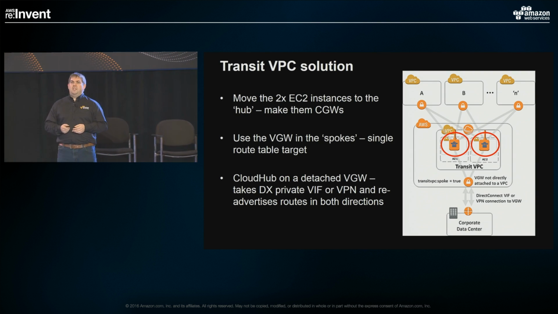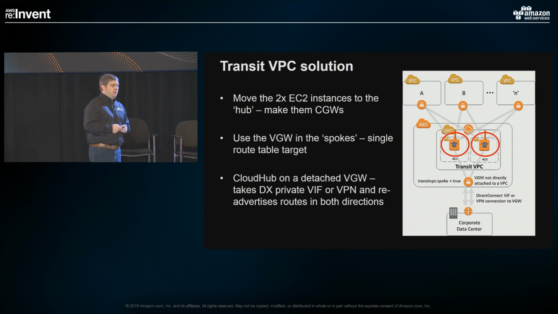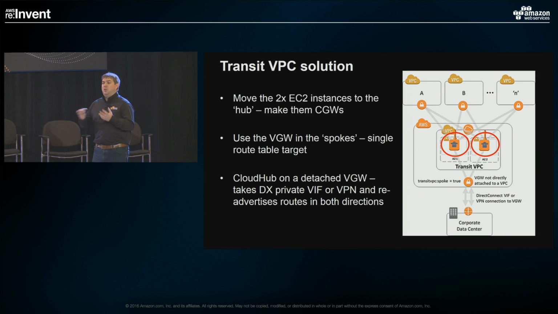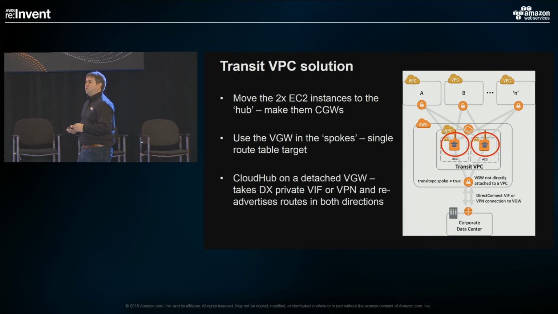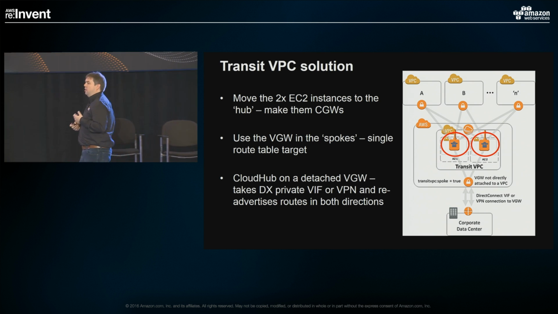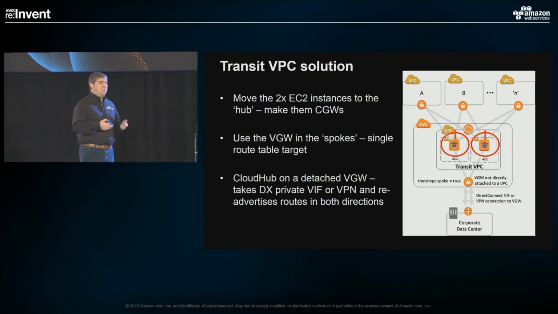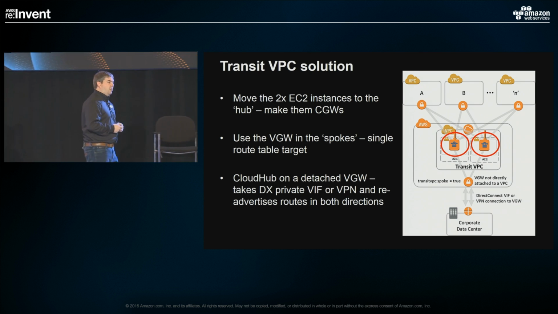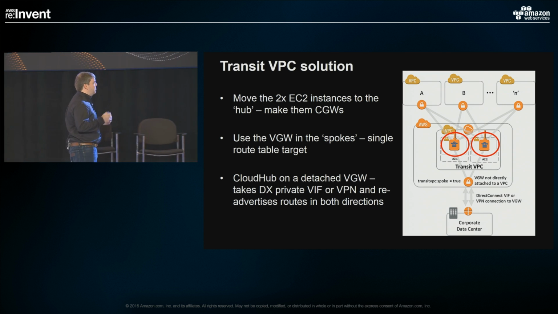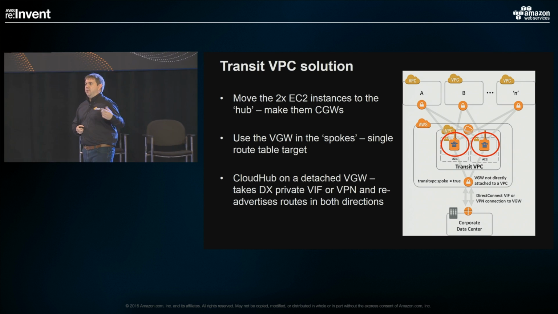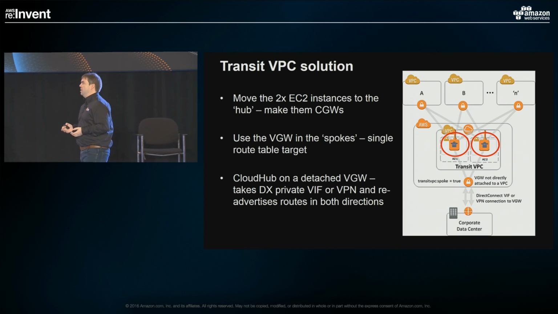We published a transit VPC solution recently. What this does is it moves those 2 software VPN instances into a hub environment. So we actually create a VPC here. We're not using anything else within it, just to hold these 2 VPN instances. These 2 VPN instances act as the customer gateway, and they connect out to the virtual private gateway of as many other VPCs as you need. Because it's going to a virtual private gateway on the other end, you haven't even got to think about the resilience within those